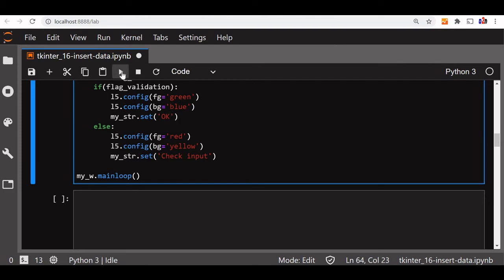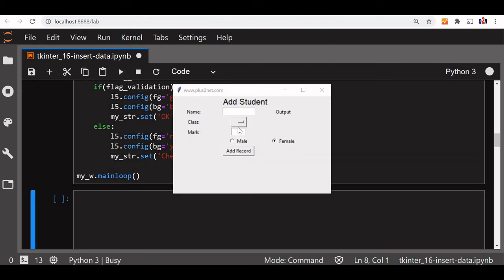Now let us see if validation works or not. Let's first check it. Something is, inputs are not okay. Now I am giving all the input requirements, I am fulfilling. Now I am giving here 34. This male I am selecting. Let's click this. You can see that it is giving me okay. Means this part of the second that flag is true. So I am coding. Now this part I will replace with a code to insert into the database.